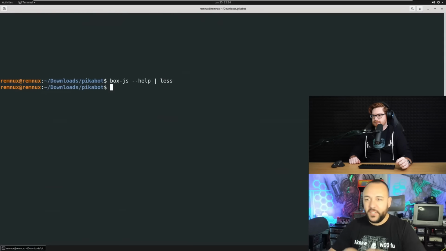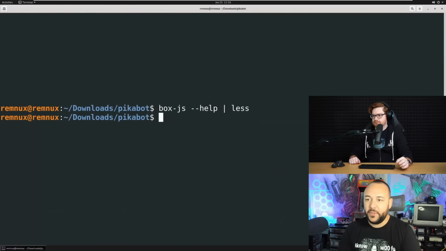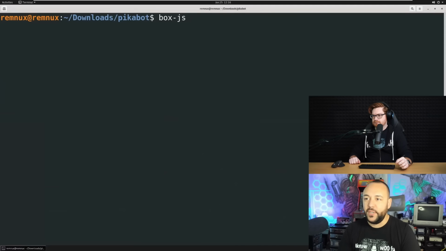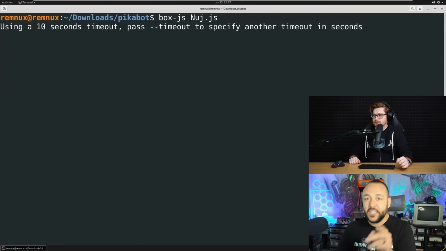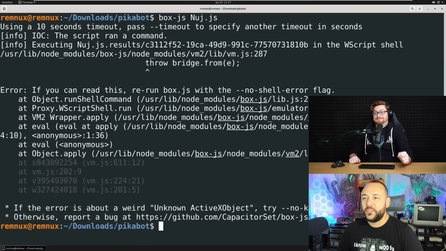So without even having to give it any flags or parameters, we can simply run Box.js and then provide it the script. The first time I try this, it is going to fail, and I found that out by simply running it. You'll see that it's trying to emulate the code, and it comes back with an error.